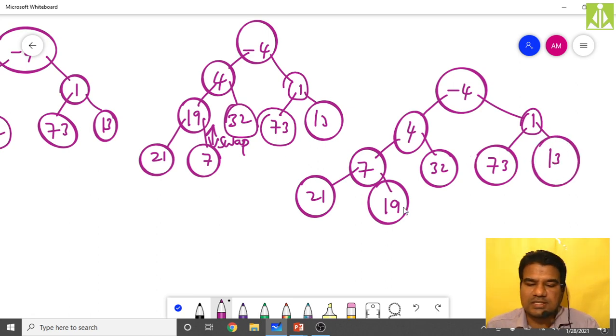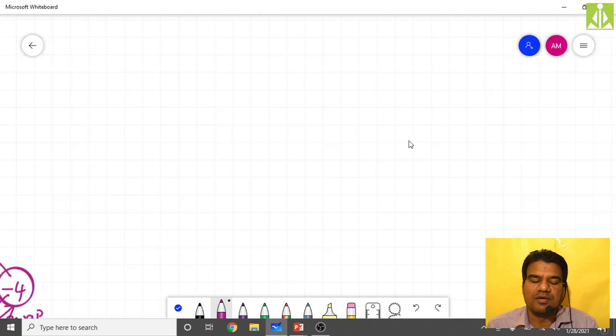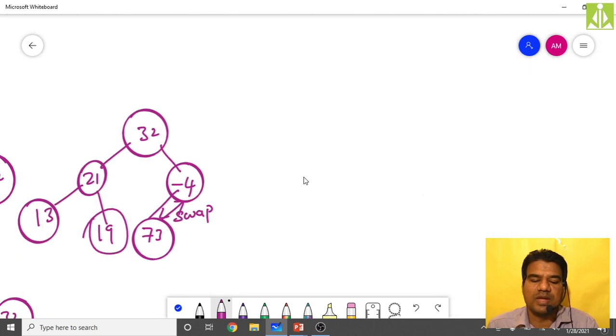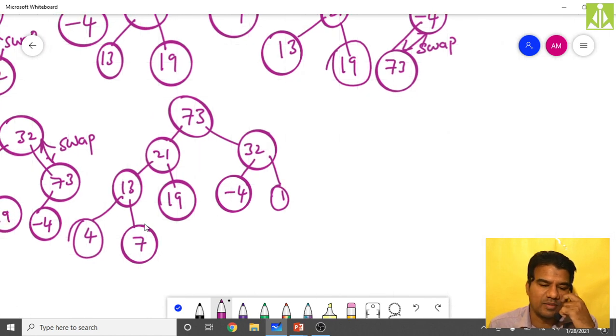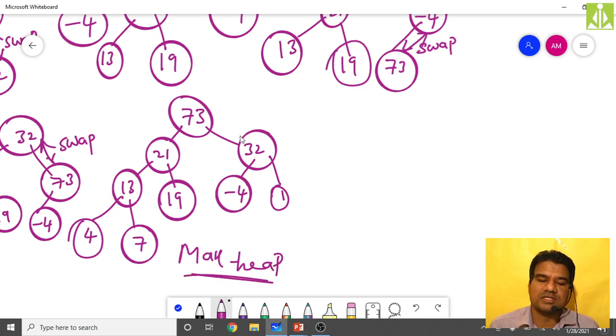See, in maximum heap, finding the maximum value is very easy, isn't it? This is our final structure of the max heap. Just get the root node, 73, and you will get the maximum.